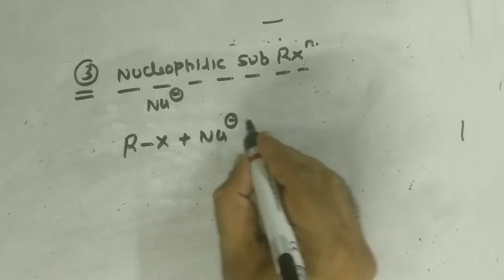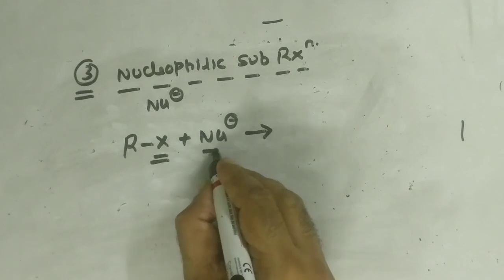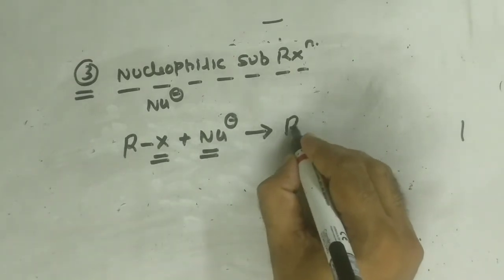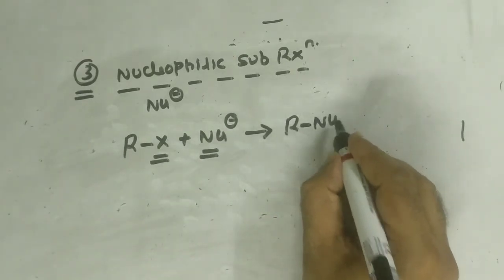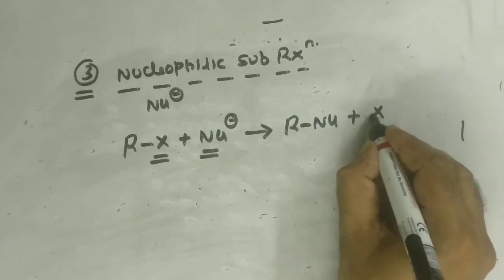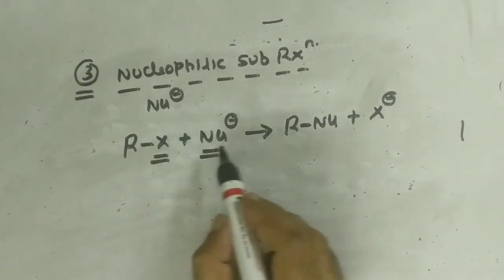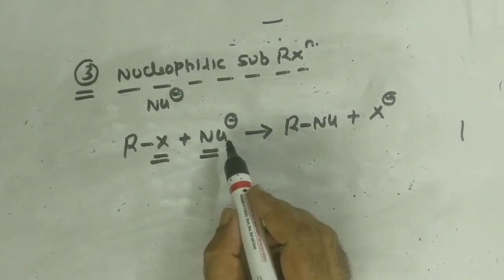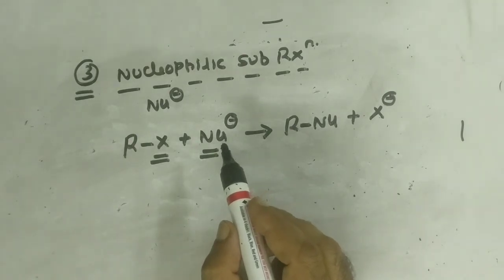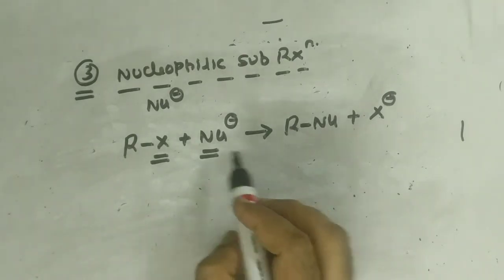And what is going to happen is the halogen will be replaced by a nucleophile. It's a substitution reaction. You will get a substituted product. Wherever there is a halogen, it will be replaced by a nucleophile, and the halogen will come out as X minus. So we are replacing a halogen with a nucleophile. We'll just see what the different nucleophiles are that we can use. There are around 11 to 12 different types of nucleophile which we'll be using in this particular